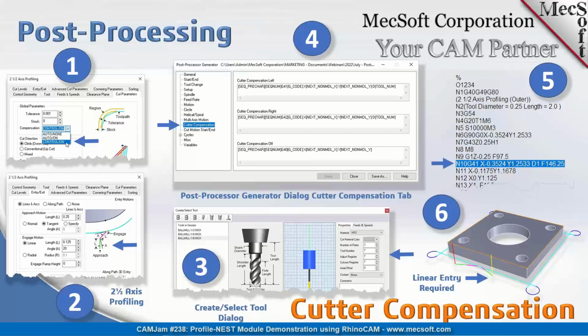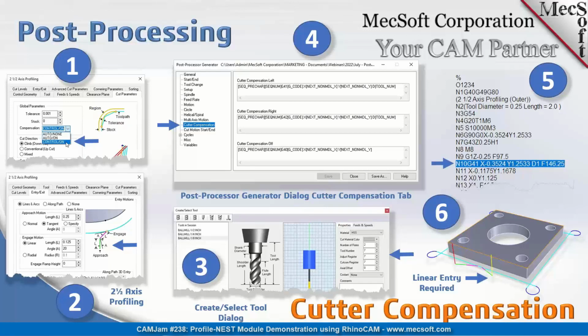It's the same for pocketing. If you're roughing out the pocket, you won't see any compensation being posted. You want to make sure you have a cleanup pass checked for pocketing, and then on that cleanup pass, that's when the compensation will be posted. So in your machining operation dialog, you have a compensation parameter in your cut parameters tab. You can set that to control on or auto on, and that will